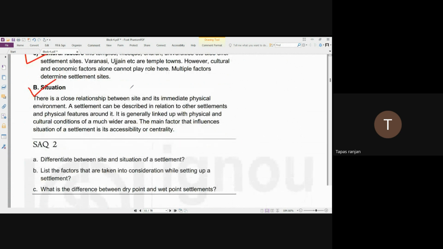Situation is basically the relationship between site and its immediate physical environment. Okay, so there is a close relationship between site and its immediate physical environment. So situation is something, just like in previous classes I was giving examples of political stability and political instability. So that can be considered as a situation. Okay, so situation can be cultural situation just like